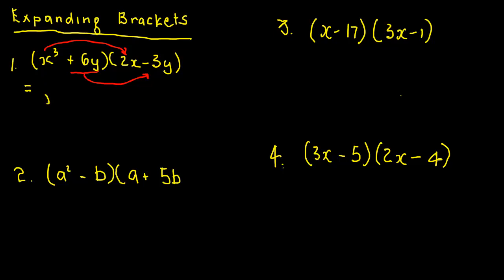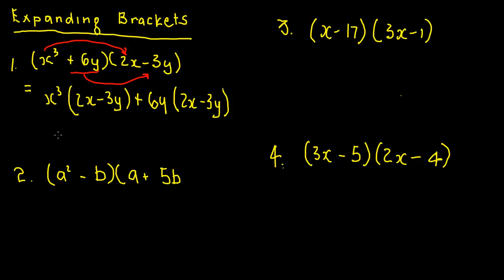So we take x cubed and we multiply that by 2x minus 3y. And then we take plus 6y and we multiply that by 2x minus 3y. Okay, and then we expand out those brackets to give us